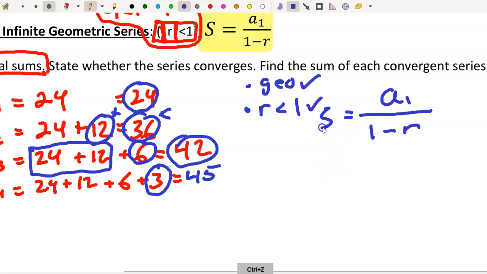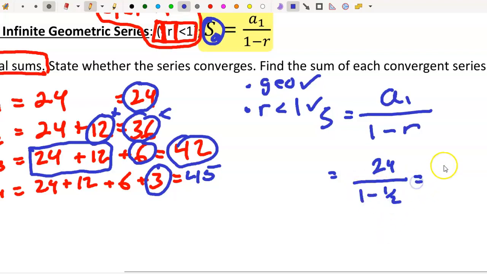Normally this was S sub n because we were saying how many terms we're adding up. Technically we're doing S sub infinity. We're adding up an infinite amount of terms, but we don't really write the infinity sign. So you'll see on the formula it just has S equals, but it's really an infinite number of terms. So we have our first term, 24, over 1 minus a half, which is 24 divided by a half,